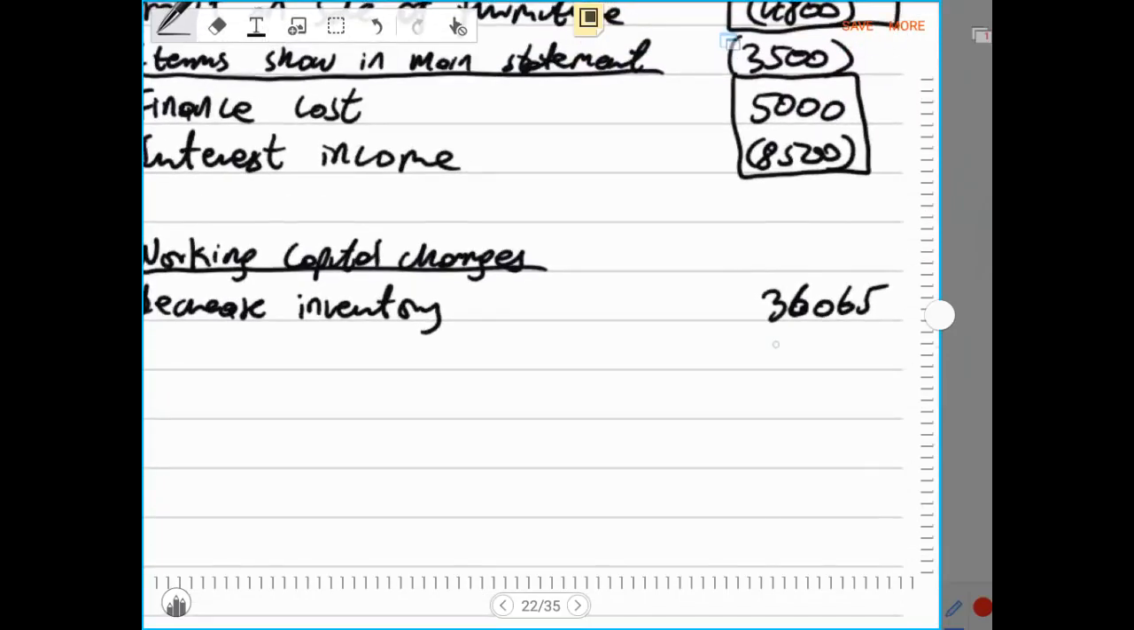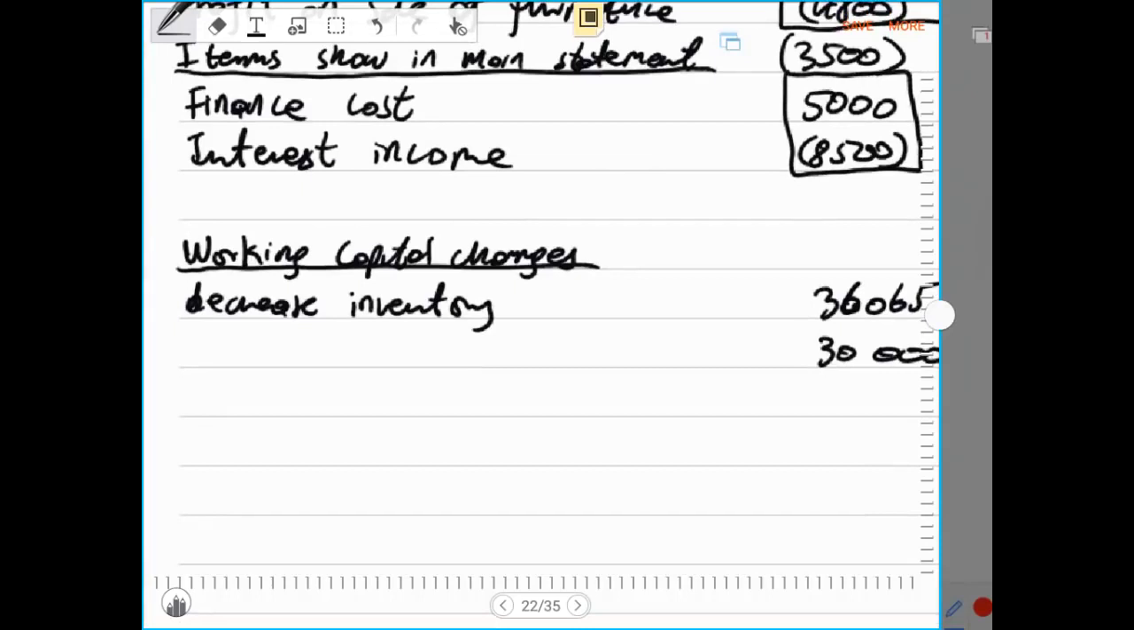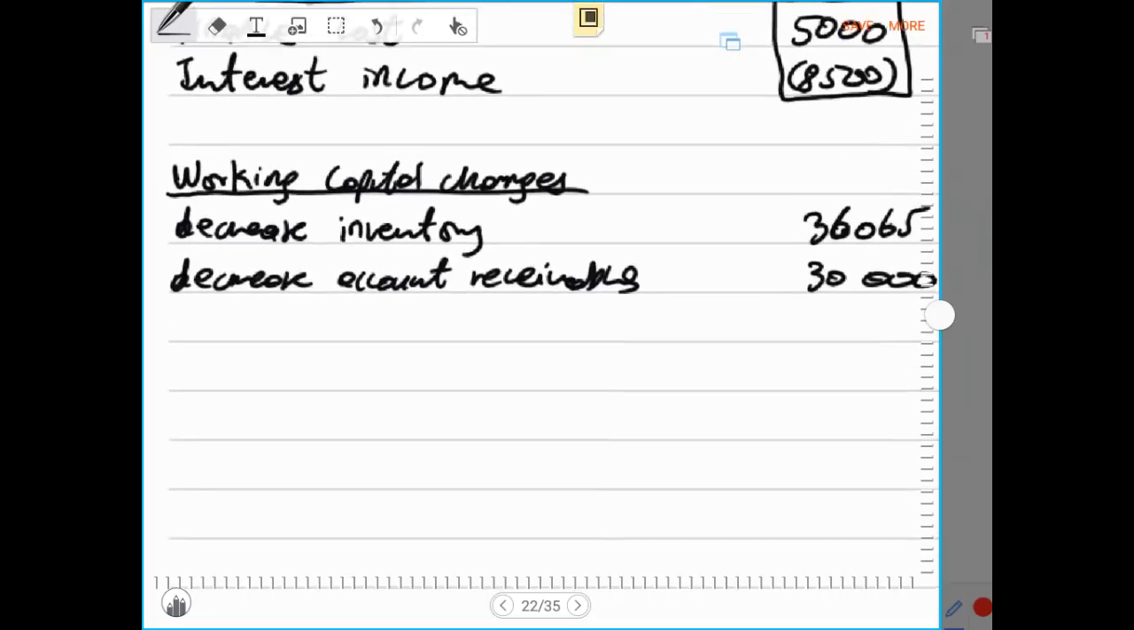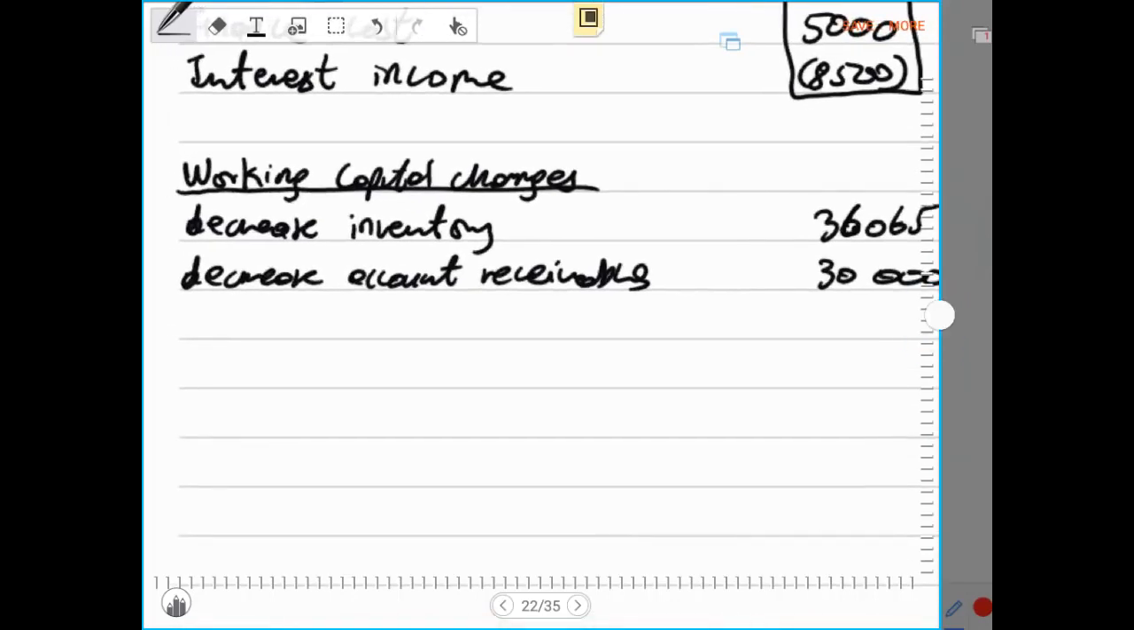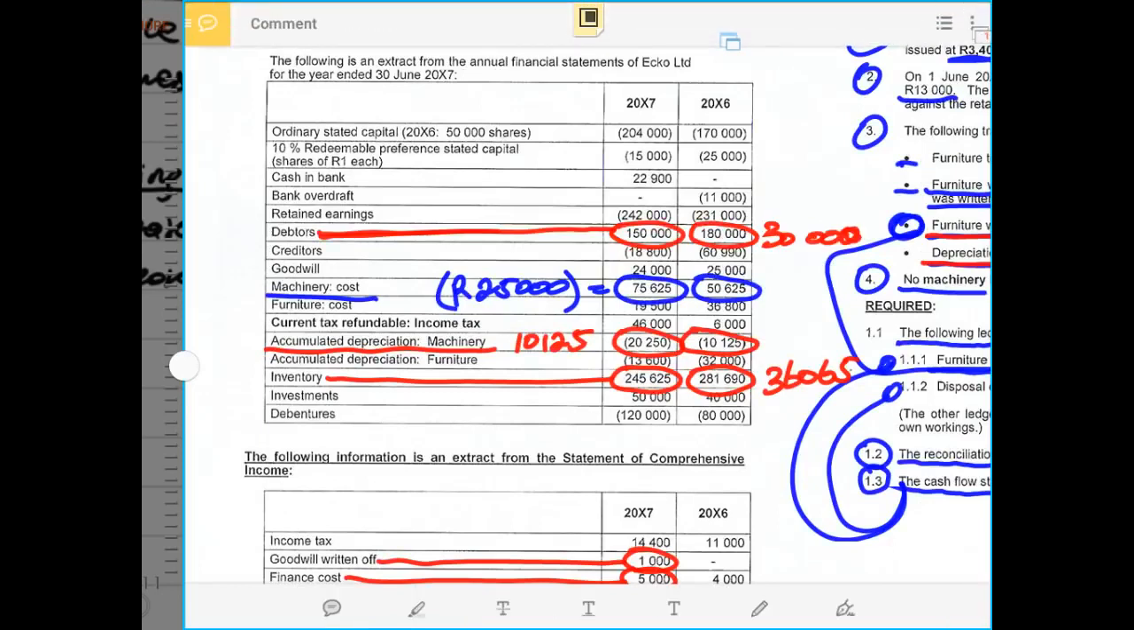Therefore, now that 30,000 will be recorded as positive, indicating inflow of cash. Then next will be the decrease in account receivables, or decrease in debtors. If you want, you can just say decrease in debtors by 30,000 rands. That will be positive. Then we go to the third component of the working capital changes,